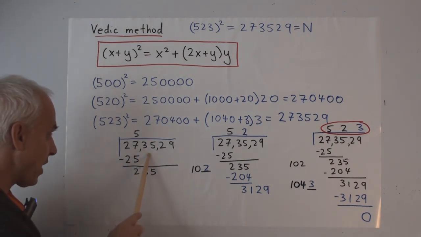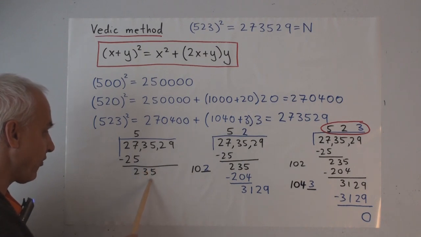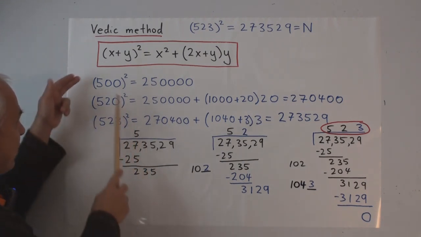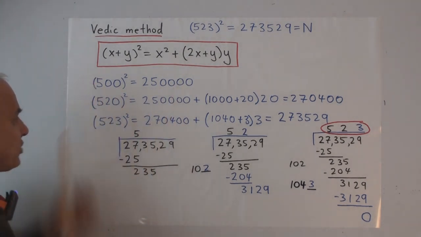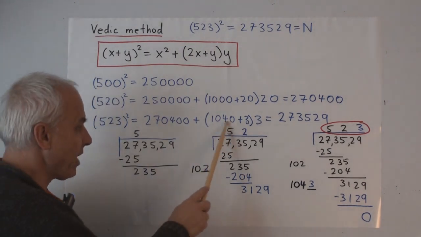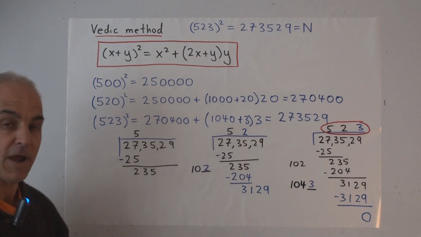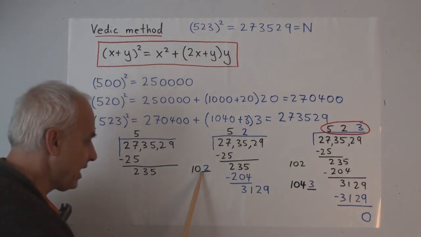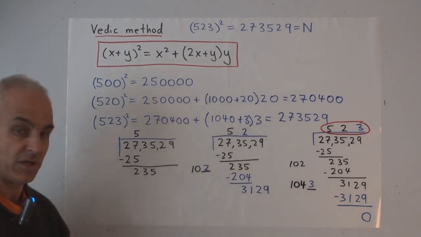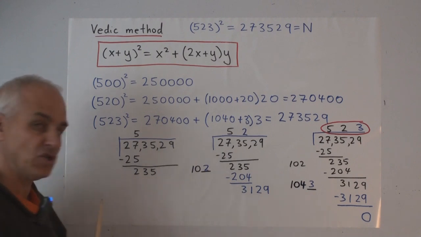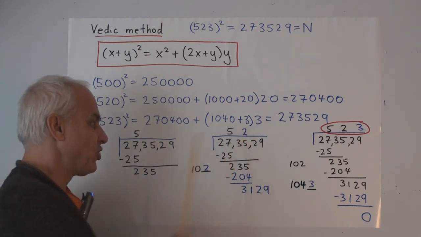And then we also bring down the next pair of numbers, so now we have 235. This corresponds to our initial guess of 500 squared. Okay, now in the next step what we have to do is multiply what we have up here, the 5, by 2. 5 times 2 is 10. And we're going to leave a little space for an extra digit. That's like the y. And we're going to try to find an extra digit here, in this case 2, which